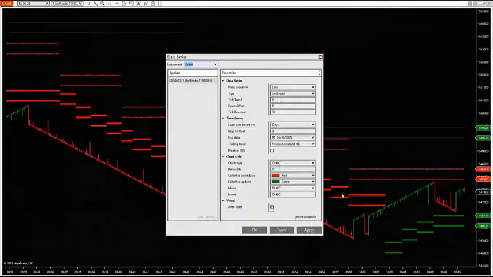All right, so we're going to go in here and we're going to use a 1/130 chart. I'm going to go 3 days back. I'm going to use NYMEX Metals RTH6 as my trading hours because what I want to see is fresh supply and demand zones that start firing off on my blank chart